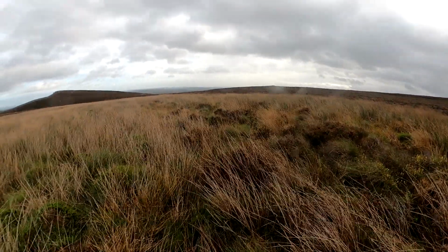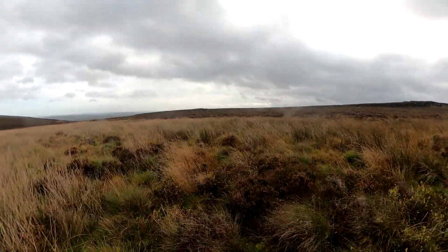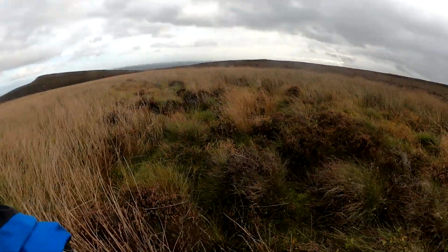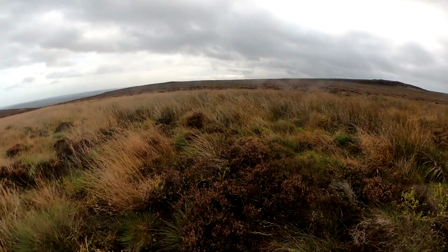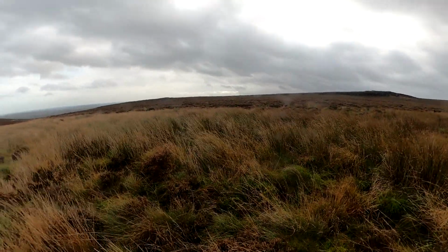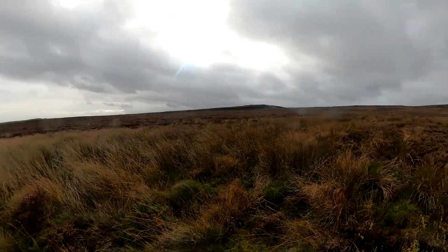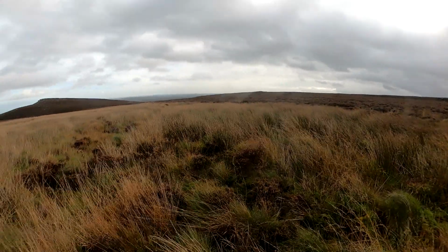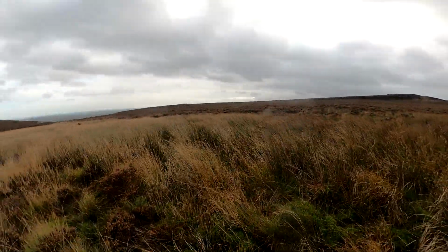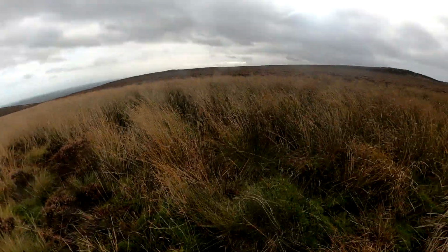We're back in the bogs again, for sure. Just trying to make my way over to that heather rather than in these reeds, because heather will generally be a bit drier ground. It might actually be a border where the path and the marsh cuts, if there is a path there, but either way I can get into that heather. It's easier to go off-piste through that than it is through this,